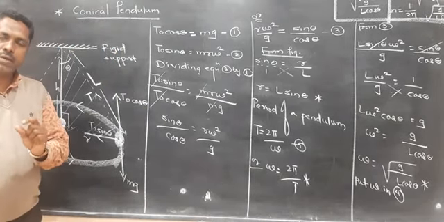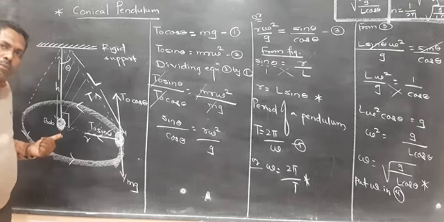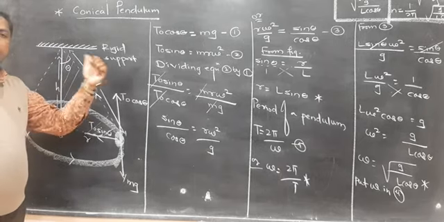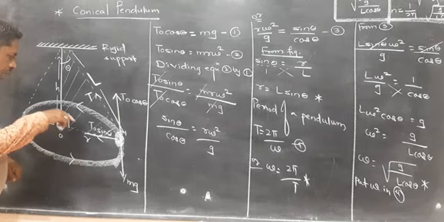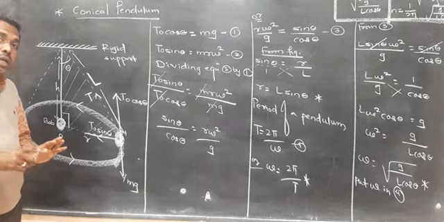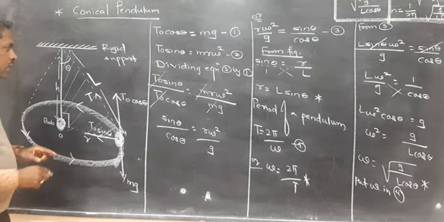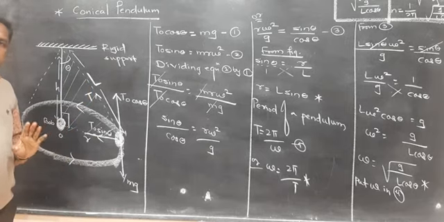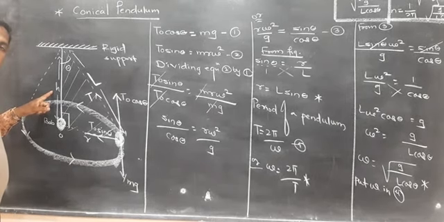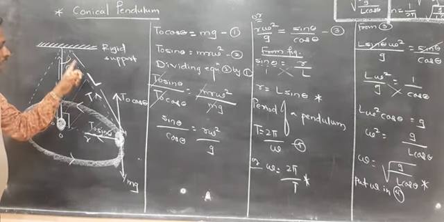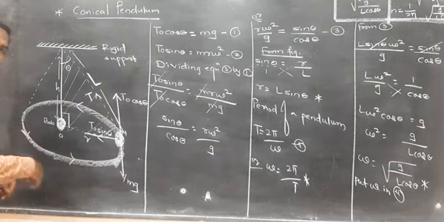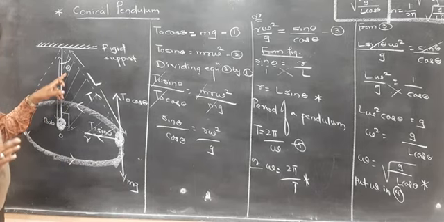A pendulum is a heavy point mass to which one end of the string is attached, and the other end of the string is supported by a rigid support. Revolve the pendulum in a horizontal plane. At that time, the pendulum describes horizontal circular motion, whereas the string describes a cone-like structure, called a conical pendulum. In the figure, h is the height of the pendulum, L is the length of the string, r is the radius. Whenever the pendulum revolves, it makes a certain angle theta.